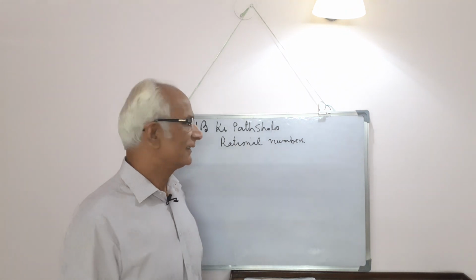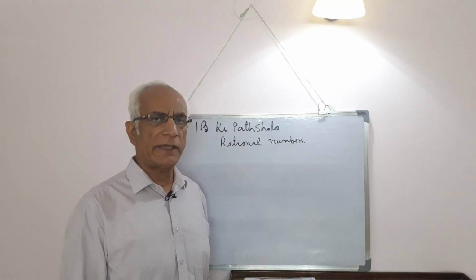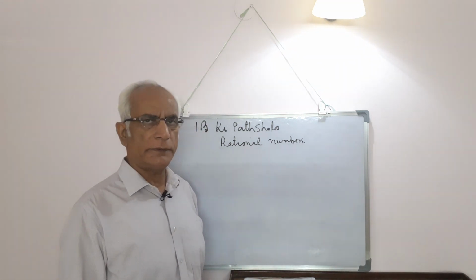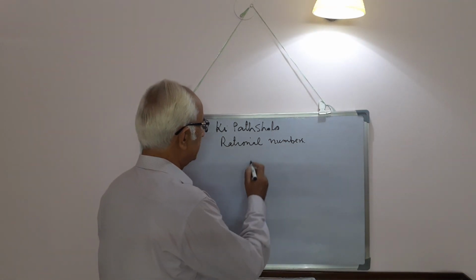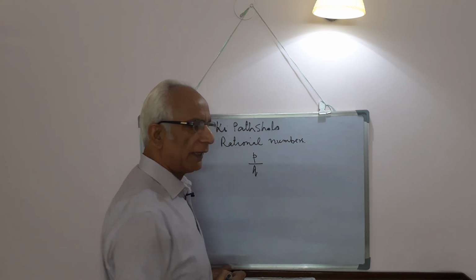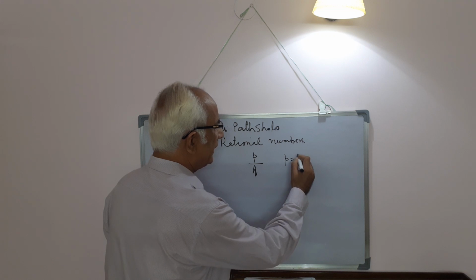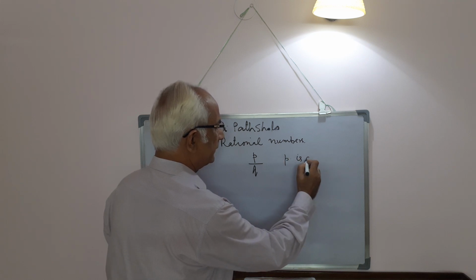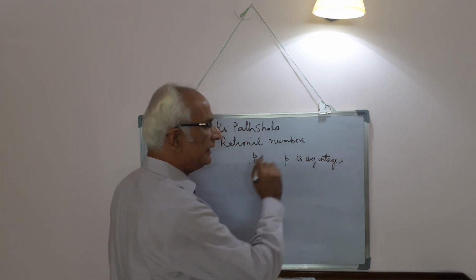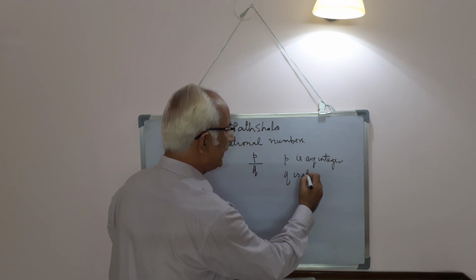Hello everyone. Today we learn about rational numbers. We learn what a rational number is. If we can express a number in the form P upon Q, and if P is any integer, P can be any integer, Q is also any integer,